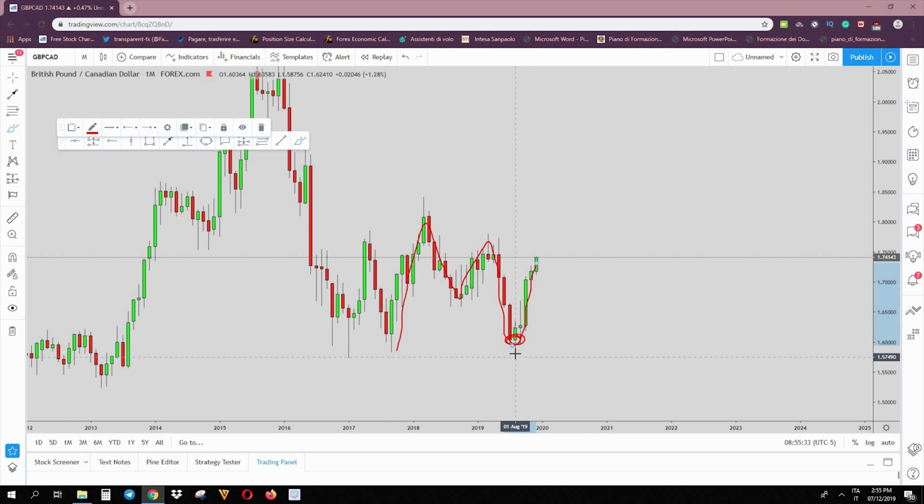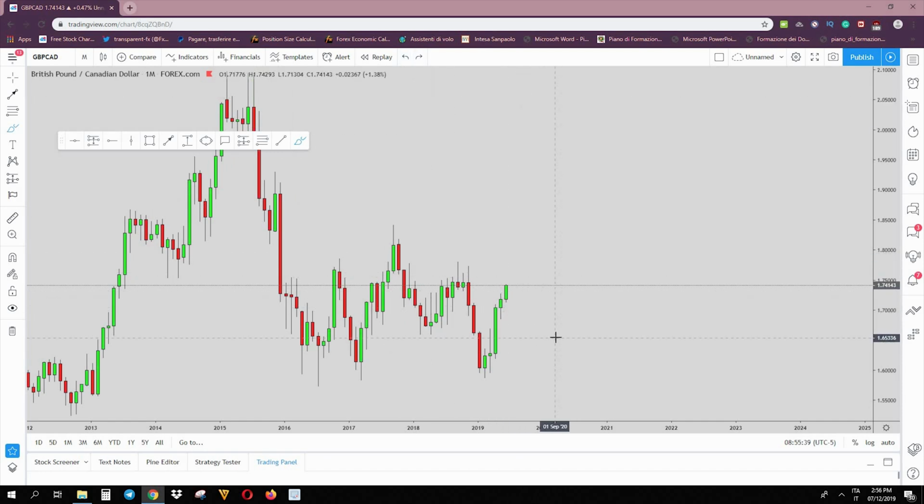And by knowing that you were looking for a long, you had basically predicted a lot of months of price action. Now, at the moment, what do we have for GBPCAD? Clearly, the market had created an impulse. If you look at the most recent price action, followed by a correction. Now, that correction has exceeded all the Fibonacci levels, and